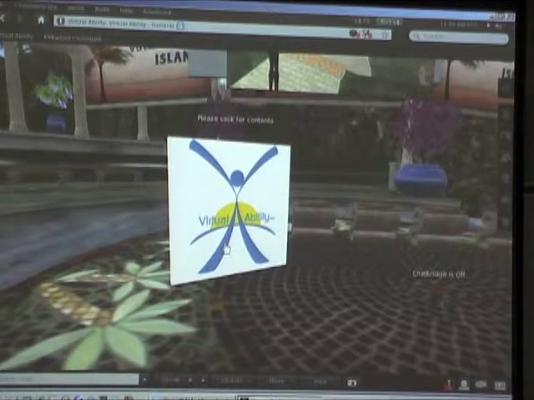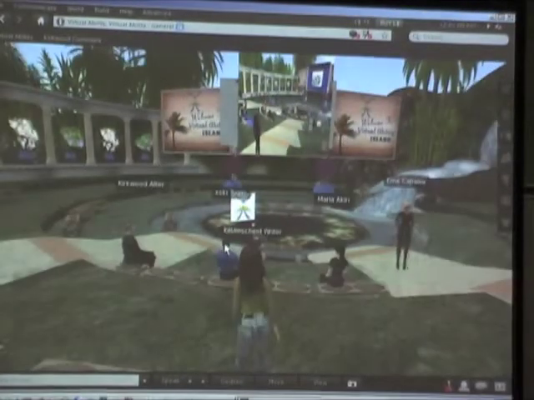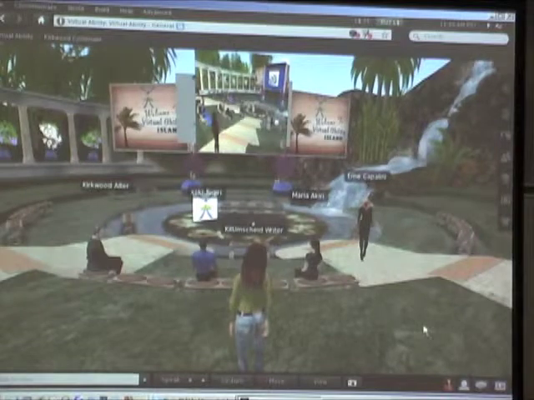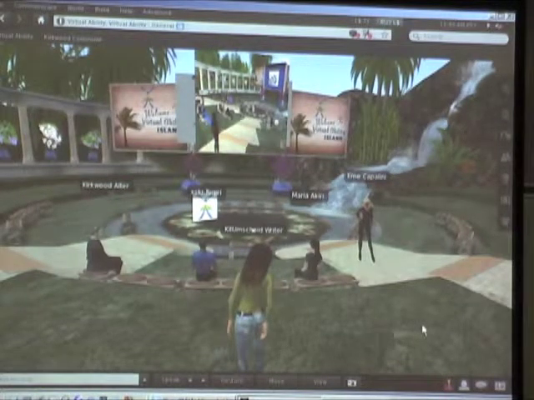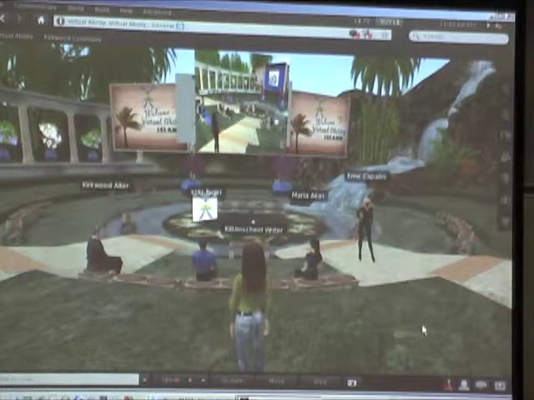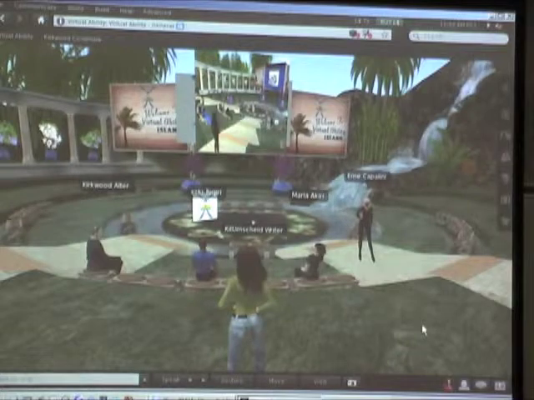It will also tell them where they're located on the sim. It tells them the name of the people around them, tells them all kinds of information. It's just like in real life. A blind person in real life uses other cues than the visual to orient themselves and to interact with the environment. And very similarly in Second Life, there are tools that allow a blind person to orient and interact.